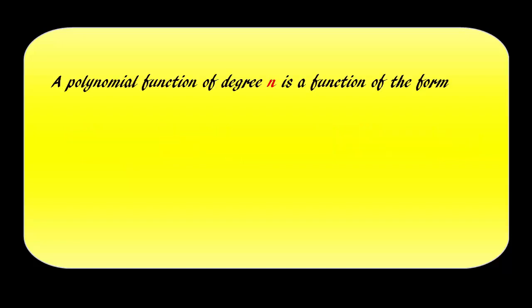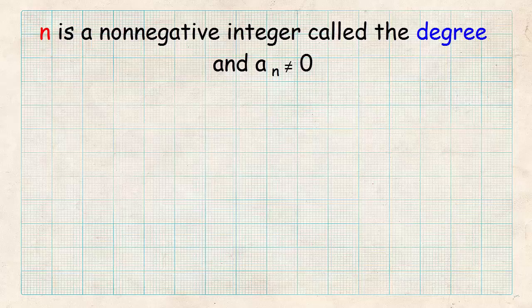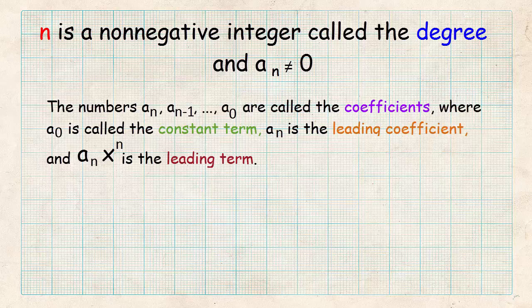A polynomial function of degree n is a function of the form p of x equals a_n x to the n plus a_(n-1) x to the n minus 1, and so on, plus a_1 x plus a_0. n is a non-negative integer called the degree, and a_n is always non-zero. The numbers a_(n-1) and so on to a_0 are called the coefficients, where a_0 is called the constant